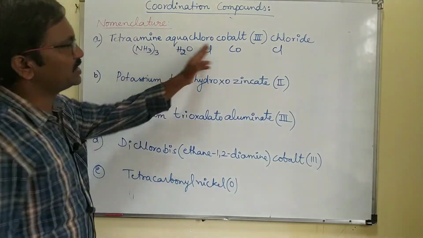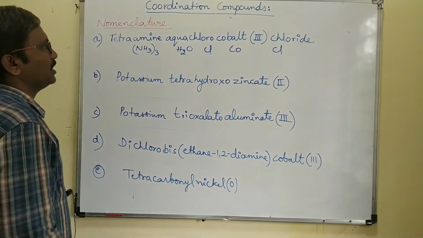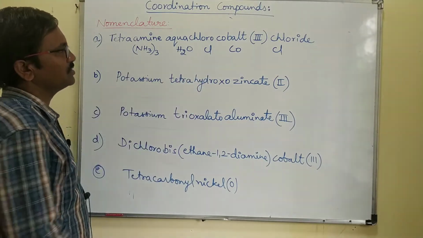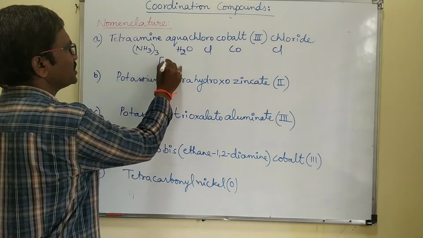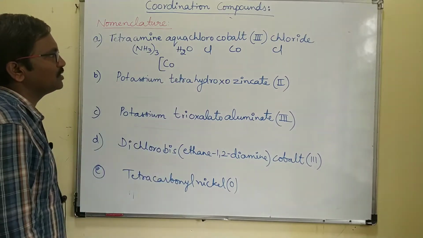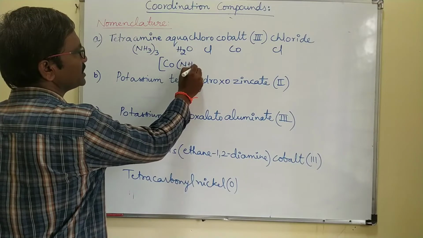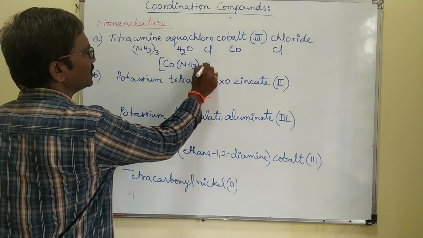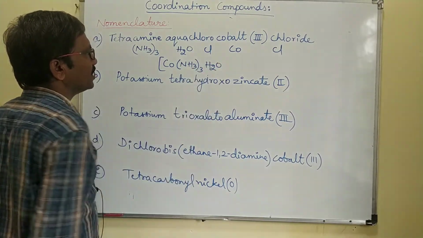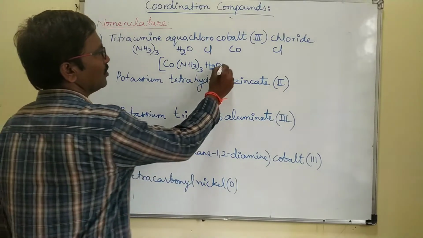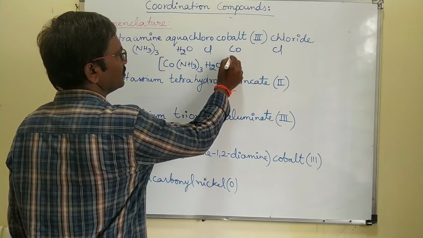Right? You have to write it in the complex. There are no positive charges, right? So you have to write the complex Co, cobalt, ammine, aqua: tetraammine, NH3 taken 4 times, water, aqua, chloro, Cl,